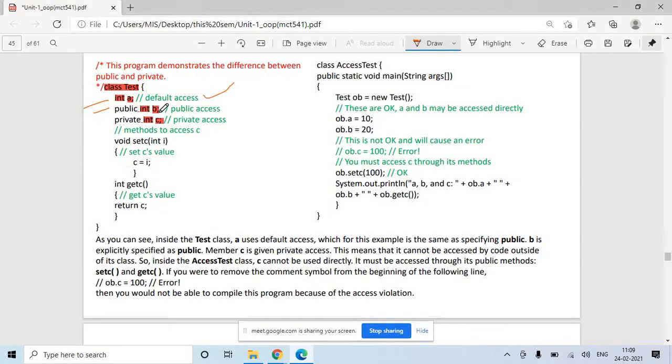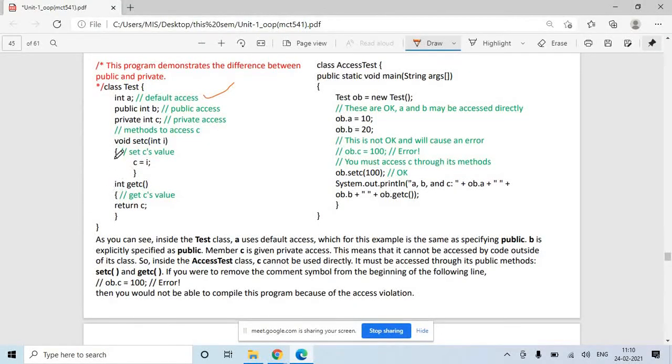For the sake of understanding, we have given public. Int c is an integer variable, and we have given the access modifier private. So in short, we have three variables a, b and c. A is default, b is public, and c is private.